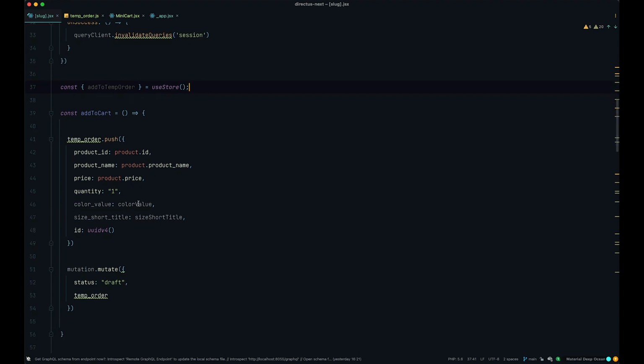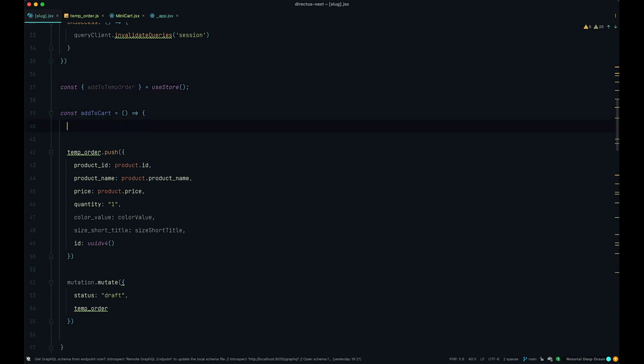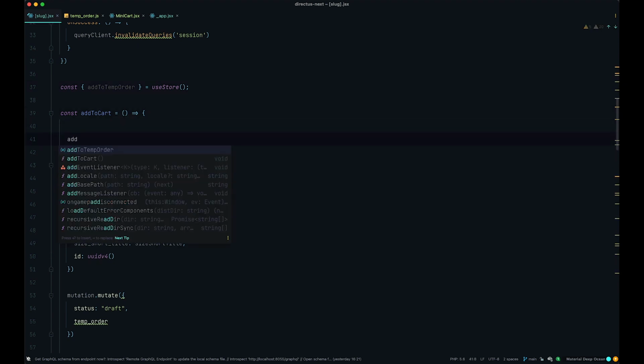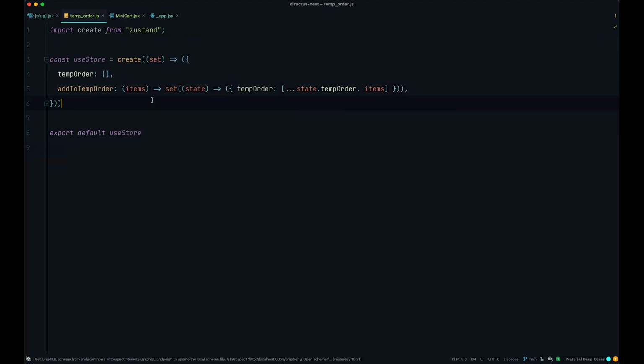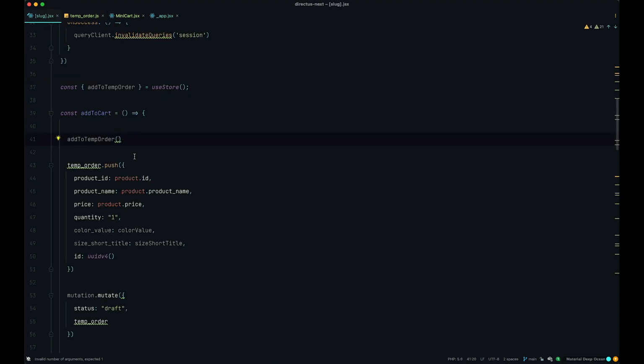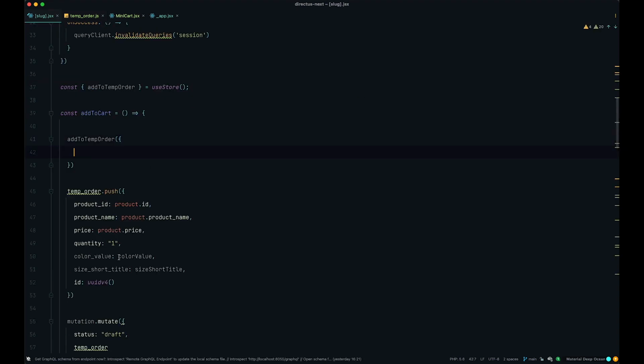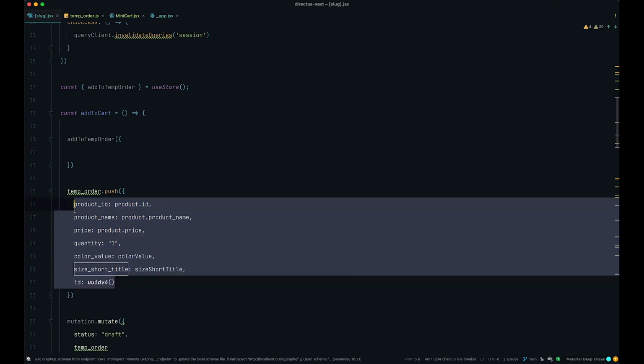or array. So actually I'm going to do it like this. We just do add to temp order. So what does this function expect? As you can see, it expects some items, and then we are setting those items like this. This is going to read the current temp order and whatever we send it here. So we do something like this, and then we just copy everything from here,